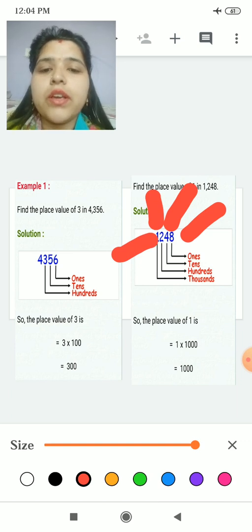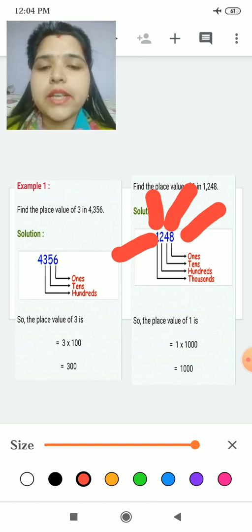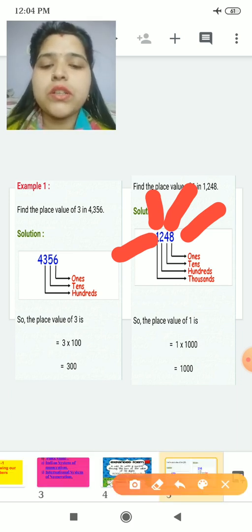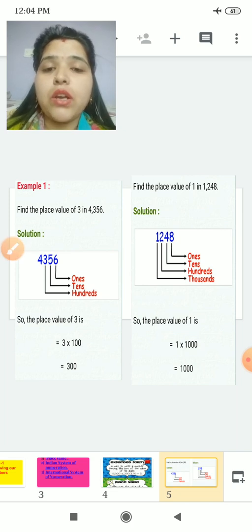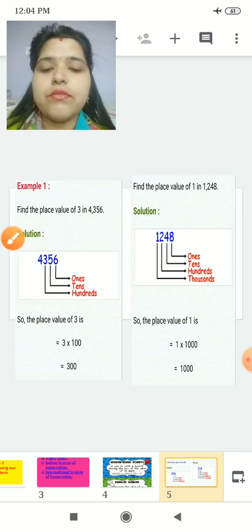Okay class, understood? I hope you all have understood. For finding any place value, what do you have to write? You write just that number and the digits behind that number, and you put the zeros. Or you can follow ones, tens, 100, 1000. If it is 100, you write that number and put double zero. It will become 300 or 200.